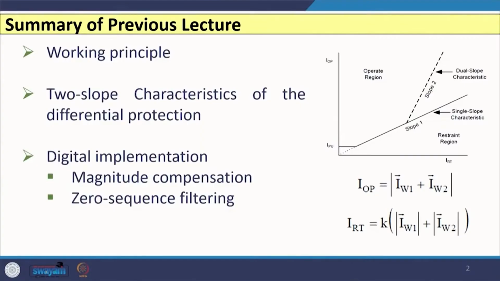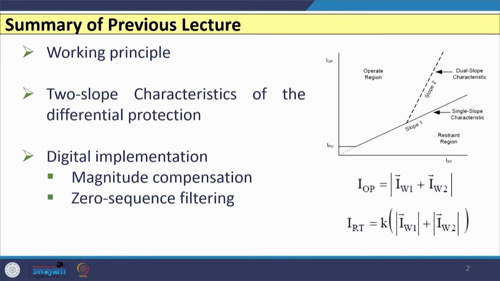Hello friends. So, in the previous lecture we have discussed the working principle of the biased or percentage differential protection scheme, and in that we have discussed the advantages and disadvantages of this scheme, which is widely used by the utilities. Thereafter, we have seen the working principle of the digital differential relay, and in that we have discussed that if